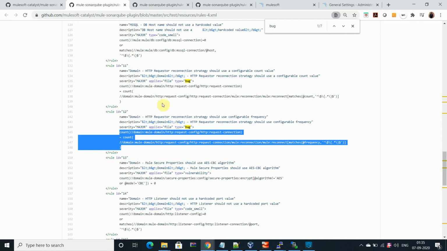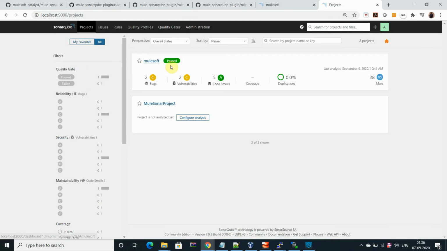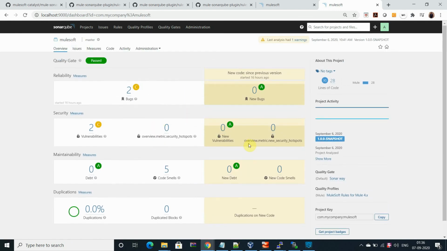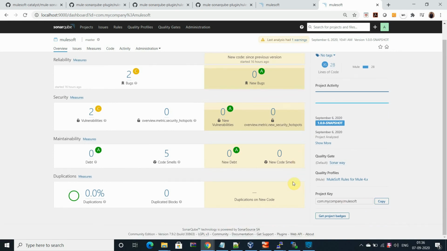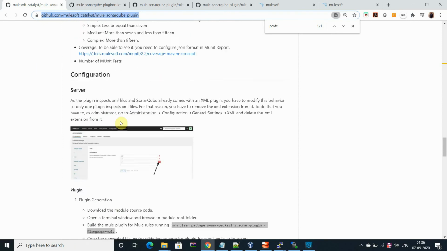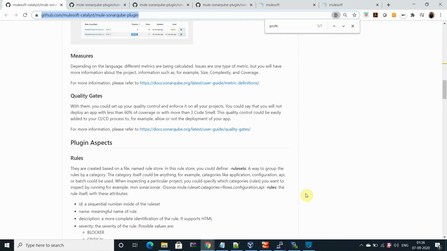Okay, that's it. An excellent plugin has been released by MuleSoft. I really appreciate them, and they are really taking care of a huge pain point, definitely for the whole team, not only architects. It's a very good thing. Okay, that's it. Just go to this plugin, and definitely you will find the code with all the steps and the plugin which has been released by MuleSoft. Excellent job done, MuleSoft. Thank you.